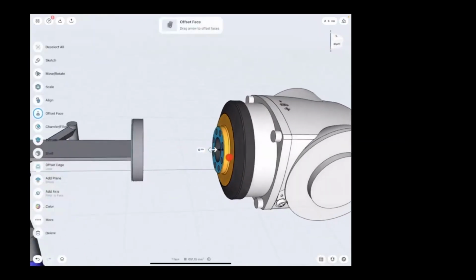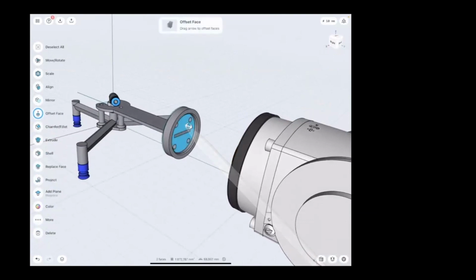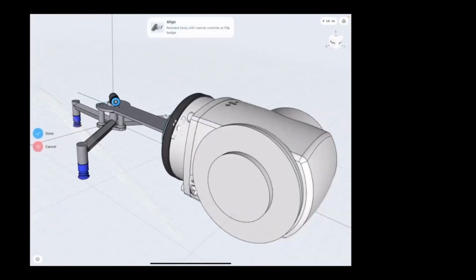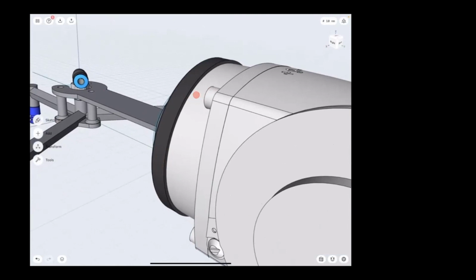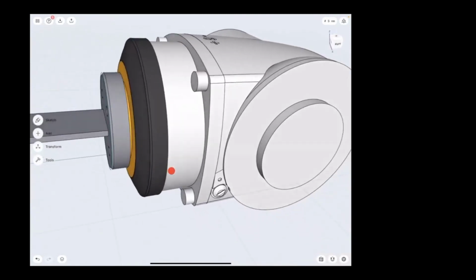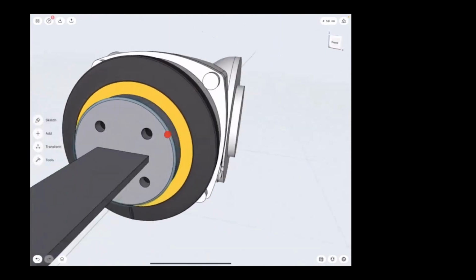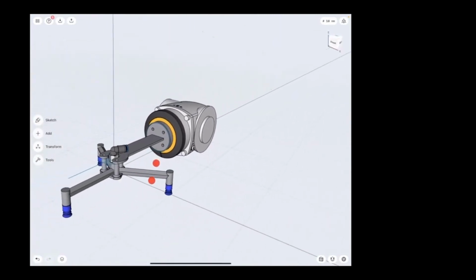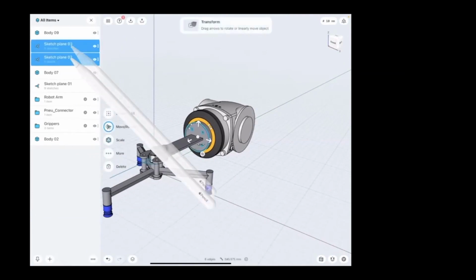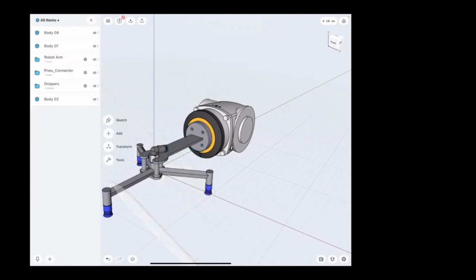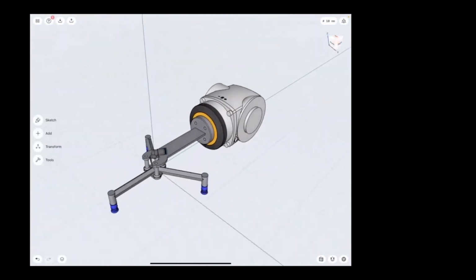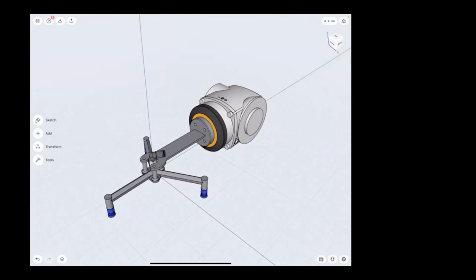Let me just align the arm to the gripper assembly to make sure that we have enough clearance and the holes are perfectly placed. From the side, there is enough clearance. From the hole perspective, yeah, the holes are aligned fine. We can move on to manufacturing, but before doing that, let me just clean up the workspace again. And let's create a printable file from the gripper. To do that, we need to hide every other part from the workspace.